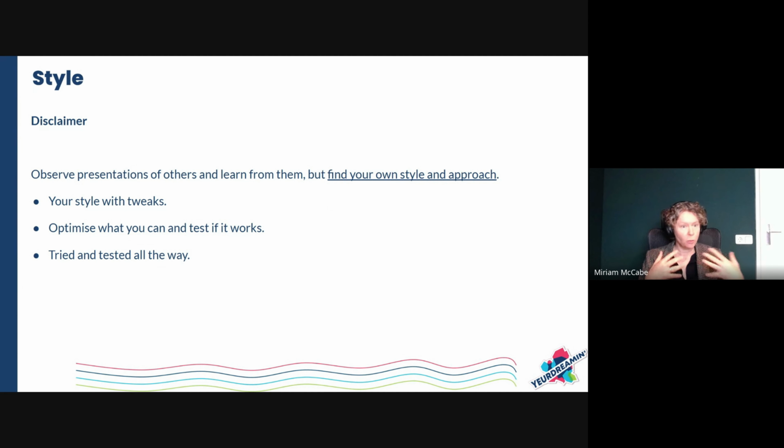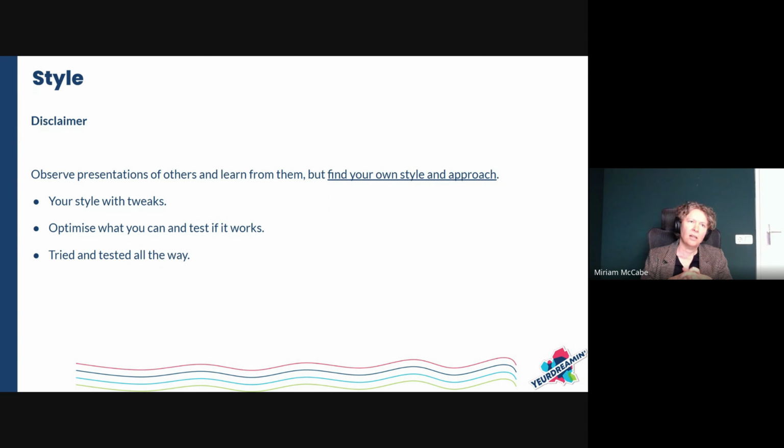But in order for it to work and for you to come across in an authentic way, the aim is to find your own style, right? Nobody is born with a style. So once you do it in a certain way, or when you're just starting, that doesn't mean that it's always going to be like that. You can take what you observe in others and then tweak it and adjust it and bring in certain elements. Like that, over time, you will shape your own style. You try it, you test out some things, and if it works for you, it becomes part of that style.